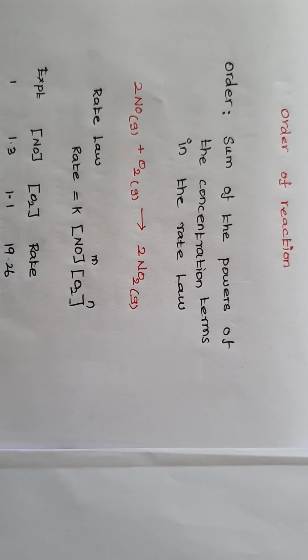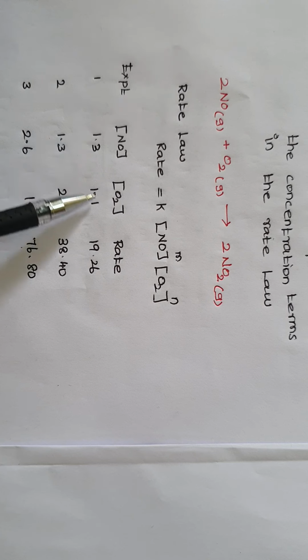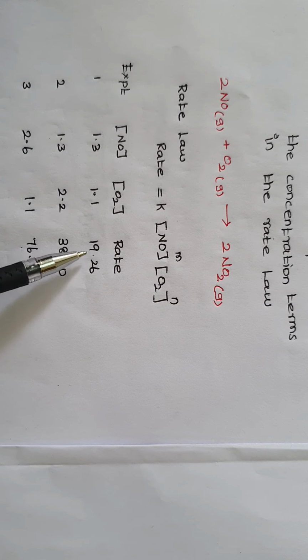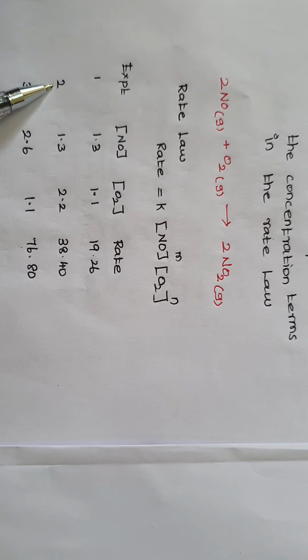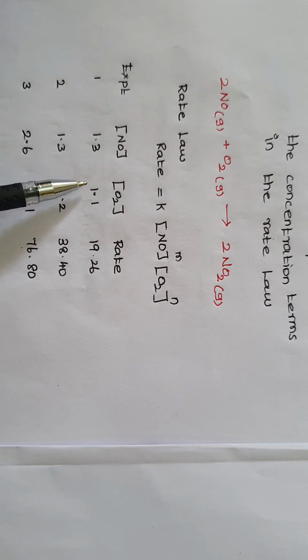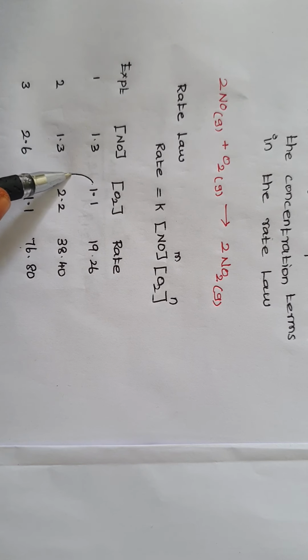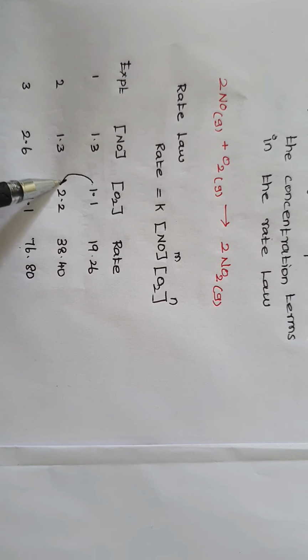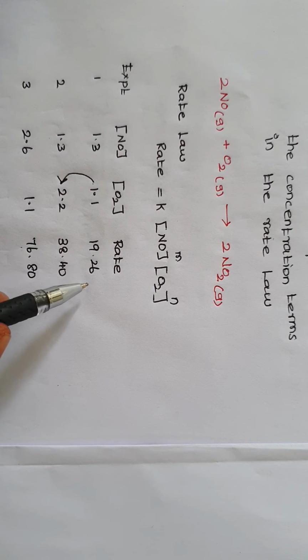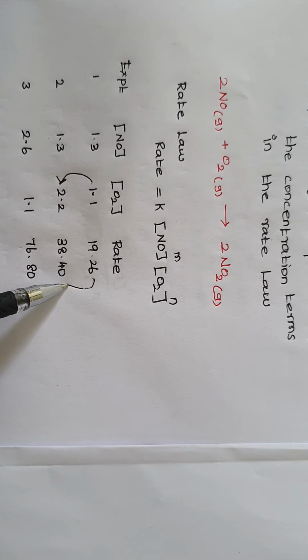So these are the 3 experiments 1, 2, 3. In the first experiment the concentration of NO is 1.3, O2 is 1.1, and the rate is 19.26. Then in the second case the NO concentration is 1.3 and the O2 concentration is 2.2. So here the concentration of O2 increases from 1.1 to 2.2, so the rate also increases from 19.26 to